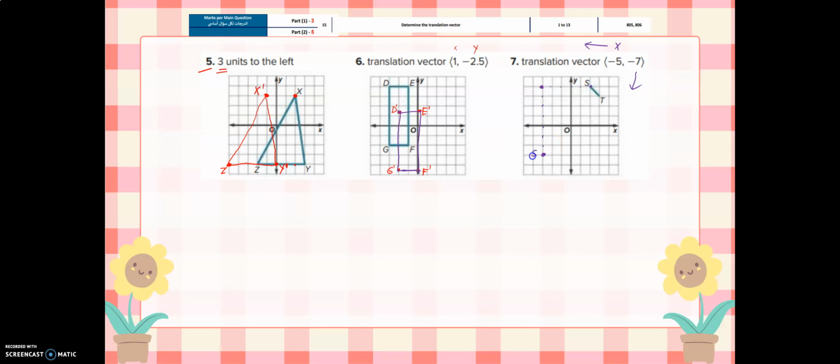So this is S prime. And then same goes with this, 1, 2, 3, 4, 5, and then 1, 2, 3, 4, 5, 6, 7. So this is your T prime. So when we connect the line, this is the translation of that figure. Okay, I hope you understand, and let's move on to the next